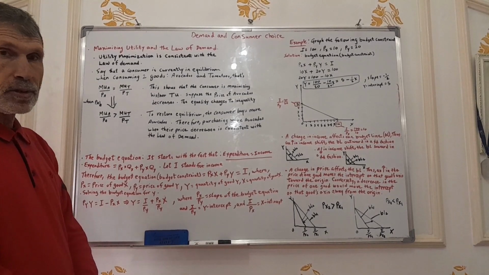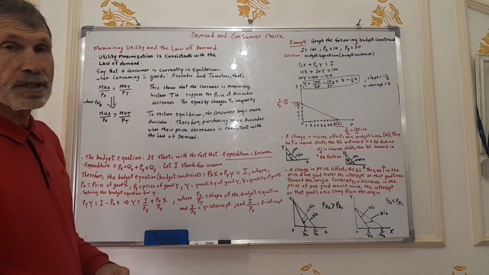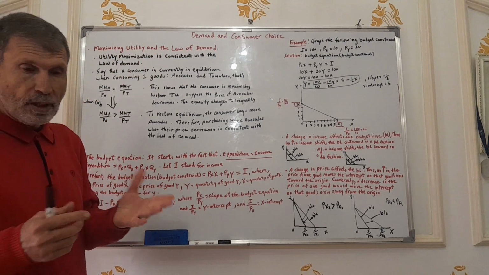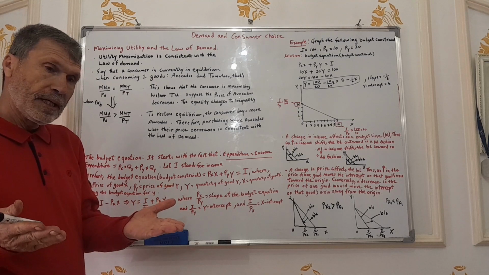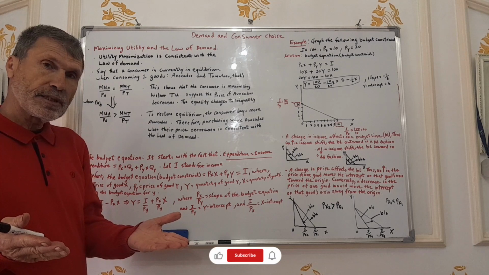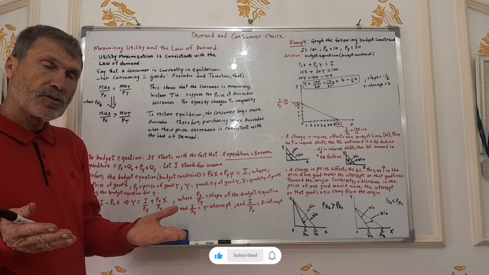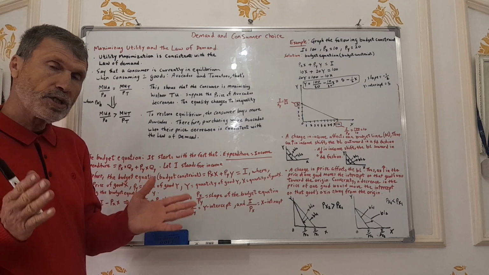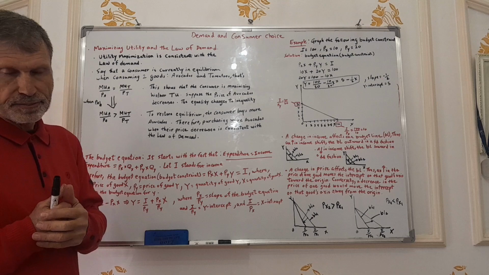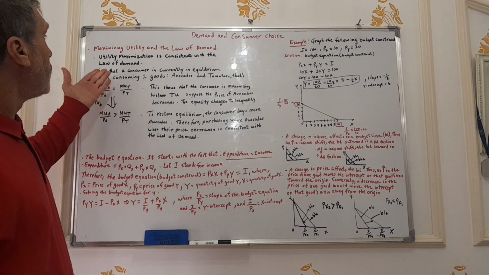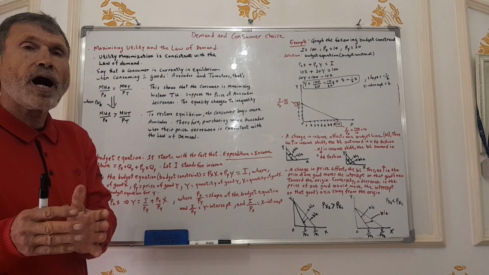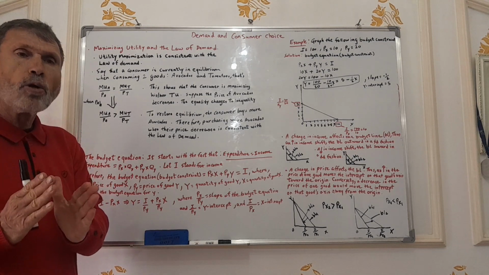Okay, now here we move to a different topic, maximizing utility and the law of demand. What is the relationship between maximizing utility, that is, a person who is in the situation of consumer equilibrium, and the law of demand? Of course, the most important thing that we have to know is that maximizing utility is always consistent with